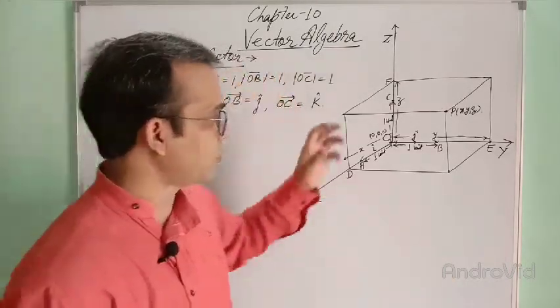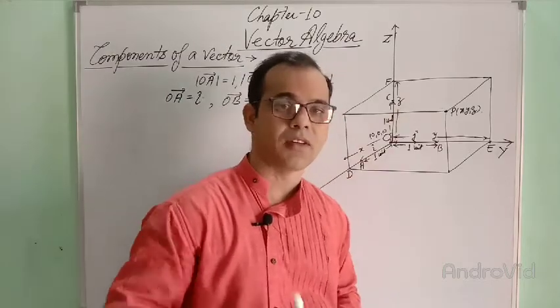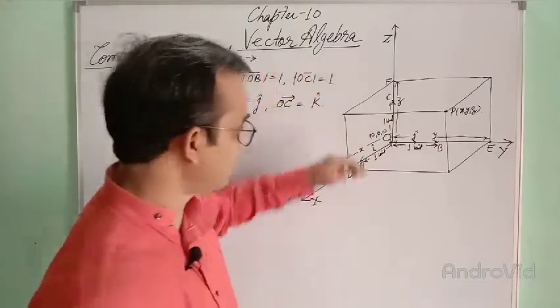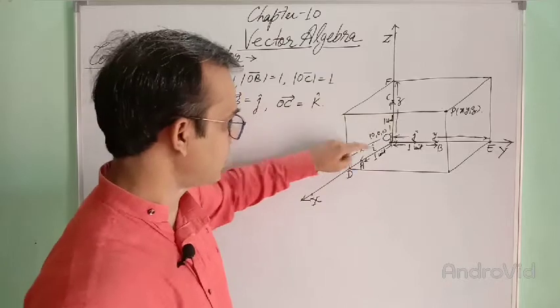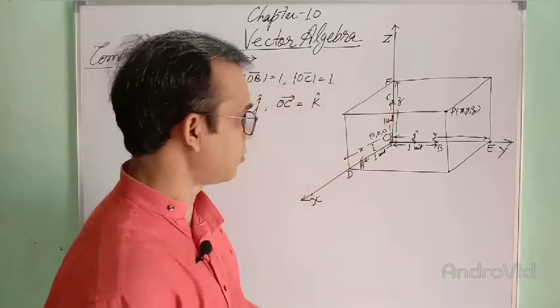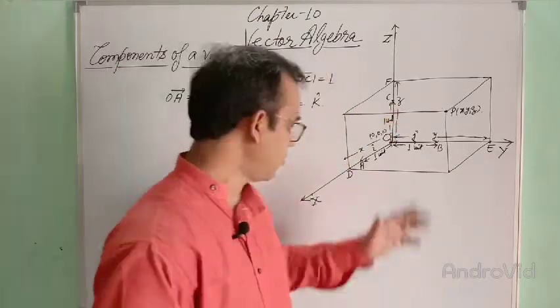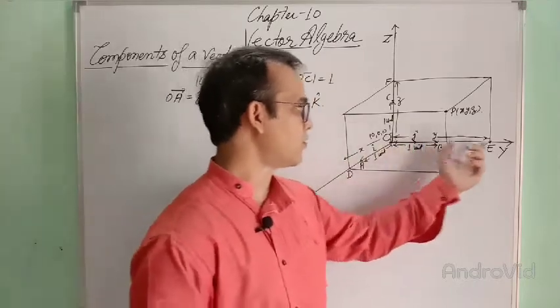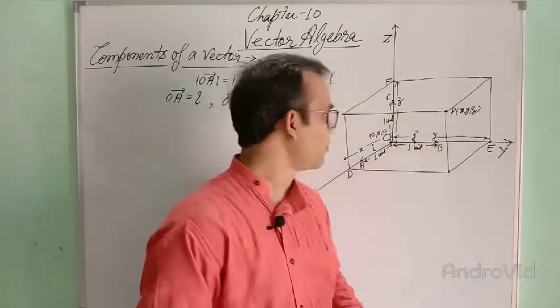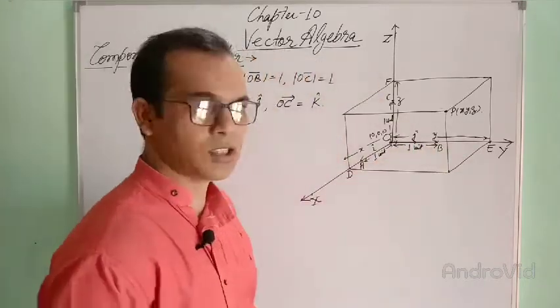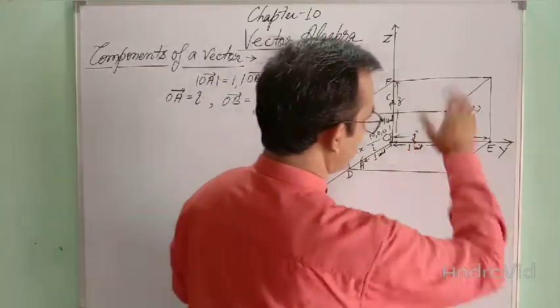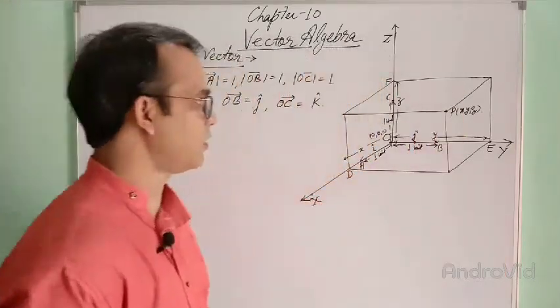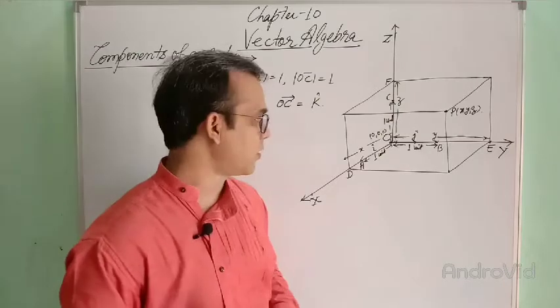If you consider a point P in the space having the coordinates x, y, z, then small x will be the distance covered along the x-axis this way. So this distance will be x if we draw the perpendicular from that point P to the x-axis. The same way, this distance OE will be y, and distance OF will be z. So this will be the point P in space. You clearly see the location of this point P, x, y, z that was considered earlier.